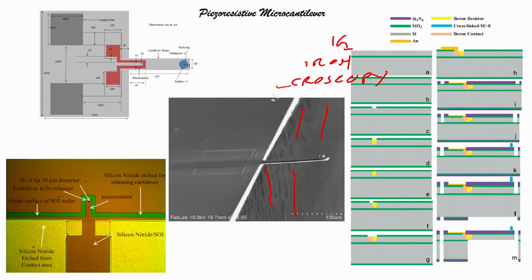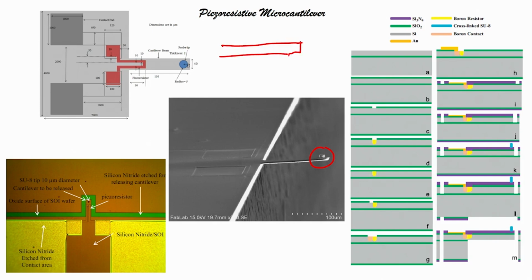Now, what was I telling? I was on the topic of SU8. The role of this SU8 tip is that it will help to press the material of our interest. That means I will use this cantilever, and I have also talked about this in the theory class. I have this cantilever with this SU8 tip, and I take a material and I press this cantilever onto this material. Now, this SU8 tip will help to translate the amount of force back to this cantilever,